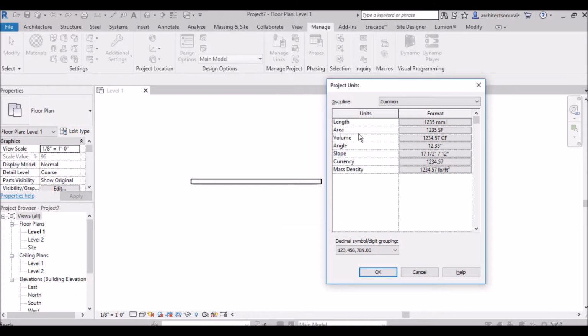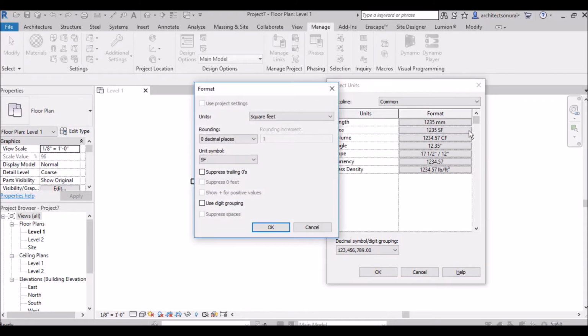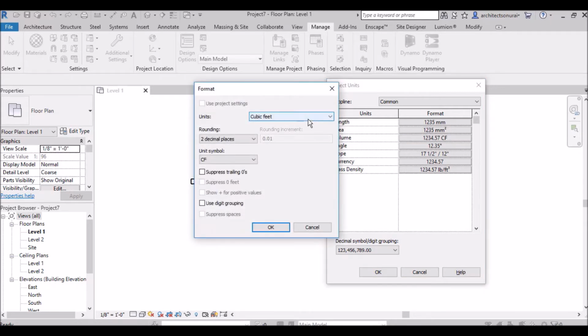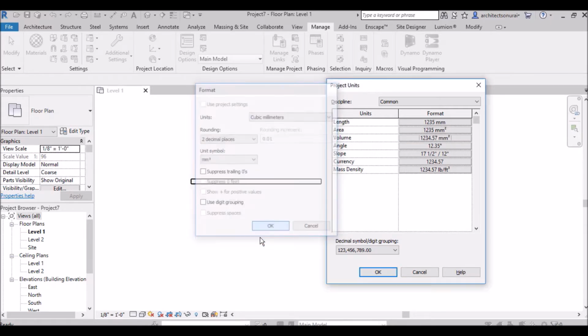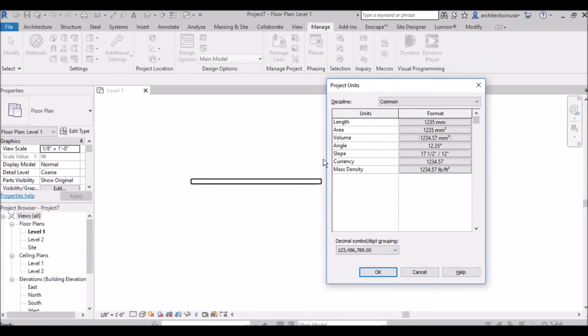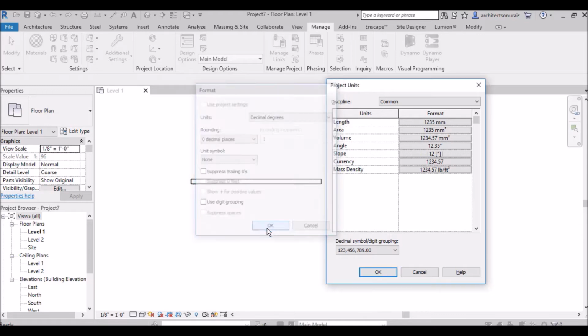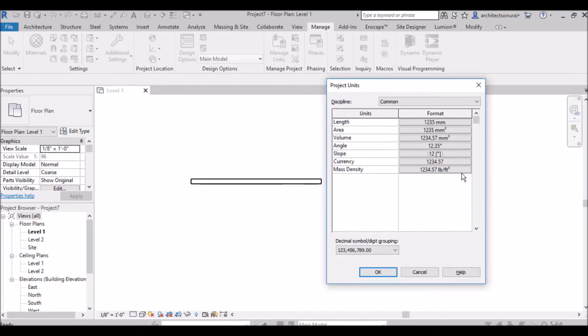After that, area is in square feet. Just see, in the same process you have to click this and make it square millimeter, and you will click OK. And after that, volume is in cubic feet. Just click this and make this cubic millimeter. Okay. And angle, you can keep this, slope also you can keep in 1:2 decimal degrees. Okay. And mass density you can keep the same. After that I will click OK,